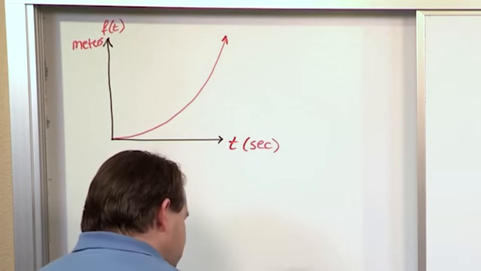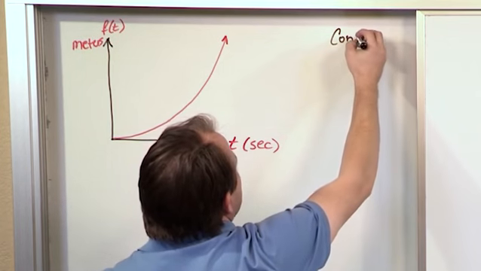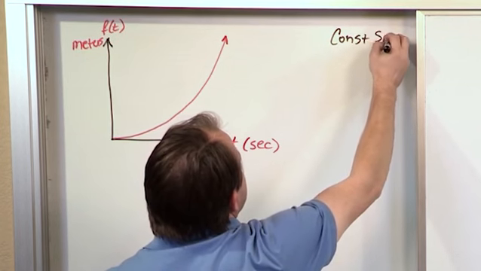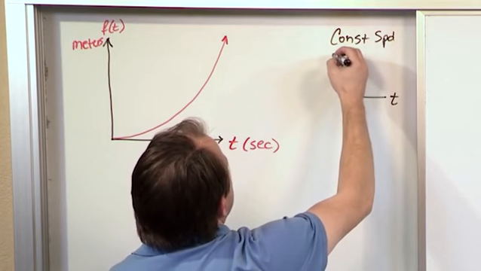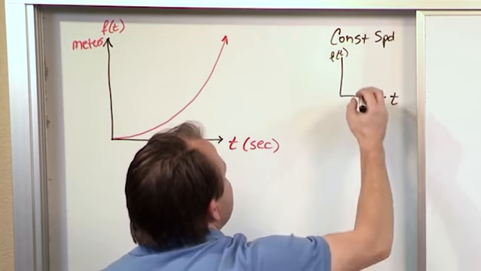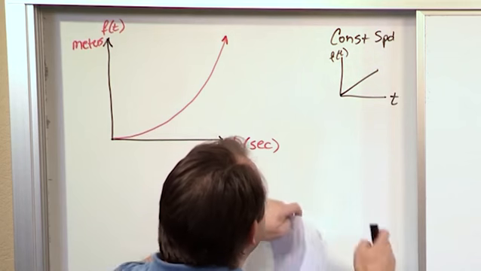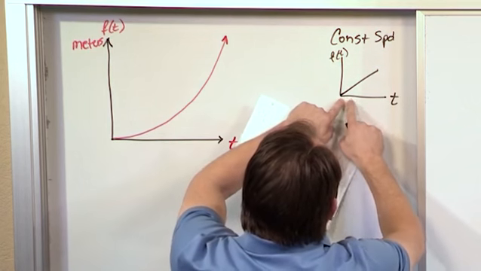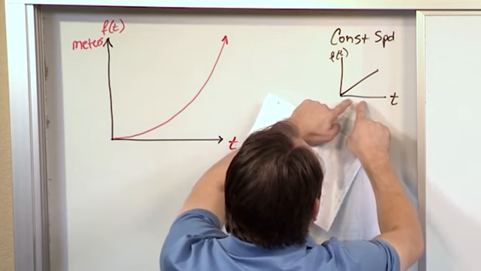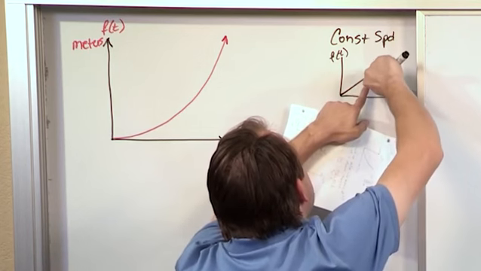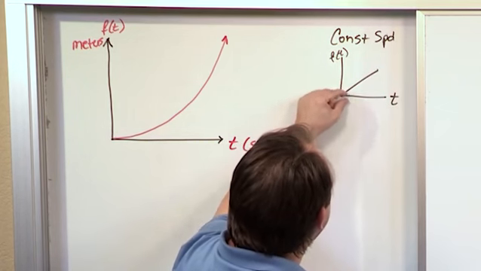Now, if you had a bowling ball or a car going at a constant speed or velocity, then if this is t and this is f of t, the position function, it would look something like this. It would be a straight line if it was constant speed. For every second that you go along, looking at increments of 1 second, the thing has moved the same distance in the direction of travel, because it's a constant slope. So everywhere you move, the thing